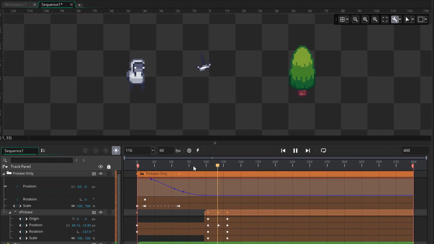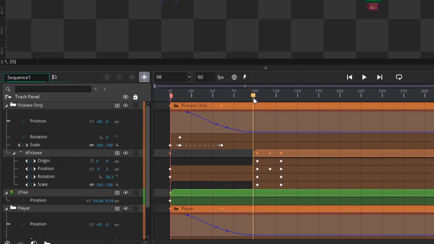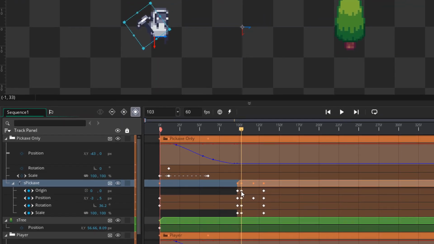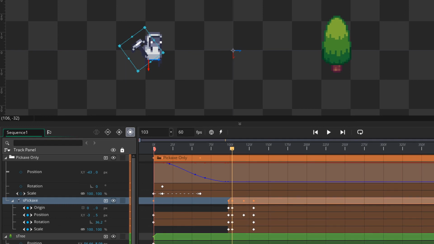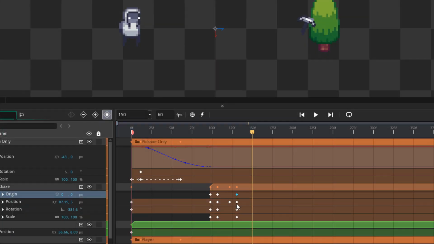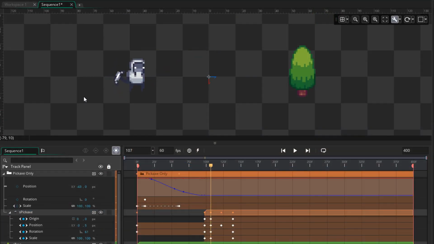In the previous video we made the player throw the pickaxe at the tree and we also made it spin. But it looks really robotic and doesn't feel smooth at all, so we're gonna work on that now. I'm gonna come to this frame and then select the pickaxe track inside the pickaxe only group. I'm gonna add new keyframes here and then I'm gonna go to the next keyframe. Here I want the pickaxe to rotate back a little more so that it looks like it's charging before being thrown. So I'm gonna do that, then adjust the frames around. And if I play it now, you're gonna see that in the starting it looks somewhat better.